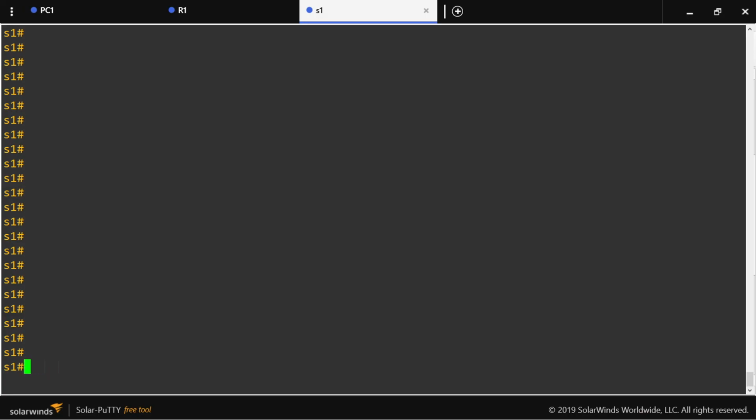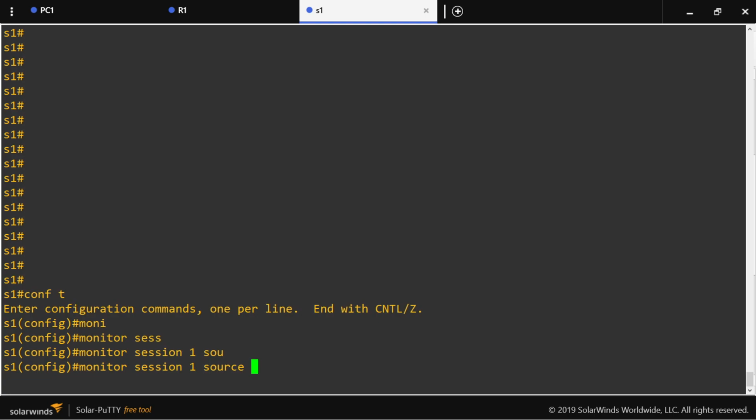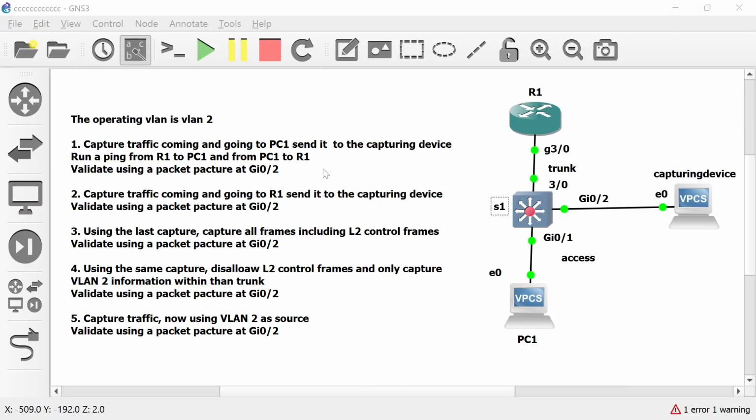We're going to use SPAN to configure a monitor session. I'm going to use monitor session 1, where the source is the interface that goes to the PC. So we are going to capture traffic where the source port is access, so gigabit 01